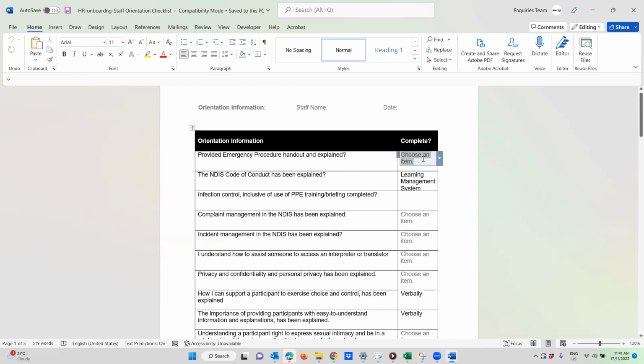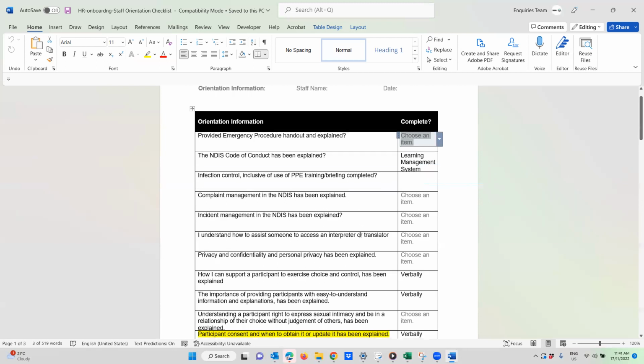Here, you can choose how you have done that. Some of you might have online systems, so if you haven't got something like this, you can create it in your online system. So have you done it verbally? Have you given them a policy? Has it been through a learning management system? Was it a different way? This makes our lives so much easier, and yours as well, if it's done.